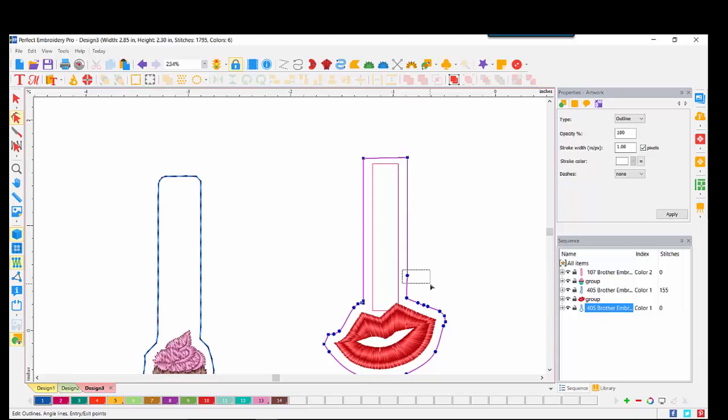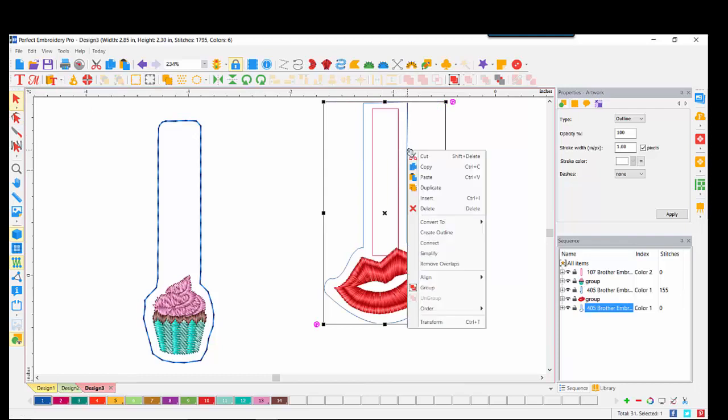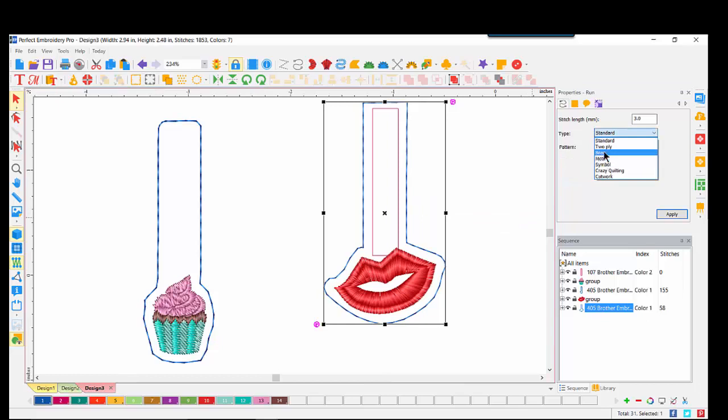No reason to have this one here. And again, that looks pretty good. And what I might want to do is just do a right click and smooth some of those out just a bit. Now I will select it, right click, convert to, run, make it my favorite bean, apply that, and there I have